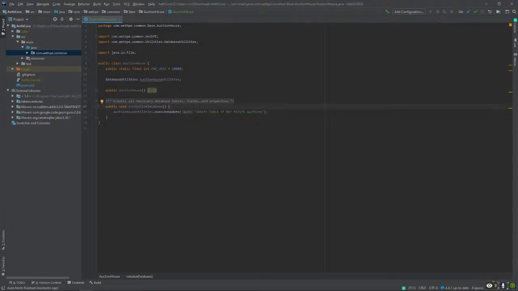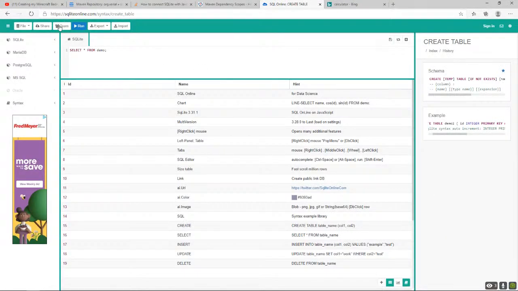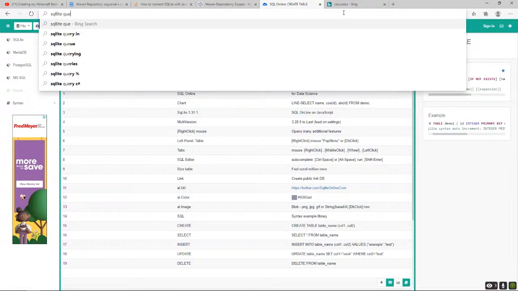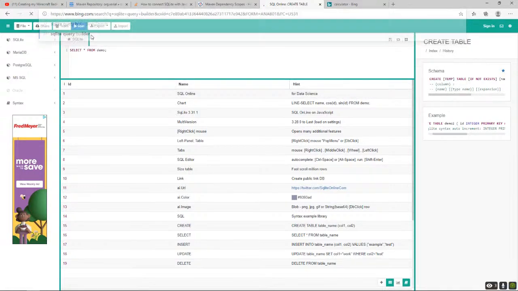So let's convert this into here. I think it's smart if I just do this. SQLite query builder. I can't type.